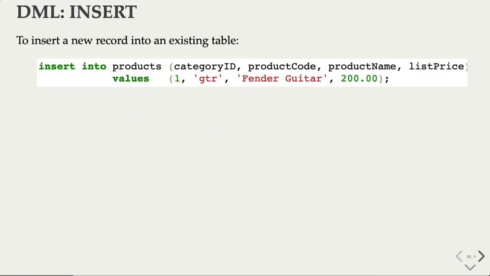Now we have created the table, products table. We can start to populate the table with some data, right? So we can use the DML, the data manipulation language, to manipulate data in a table structure, okay? So the first statement I would like to cover is to insert a new record into an existing table. So we can use this insert into,